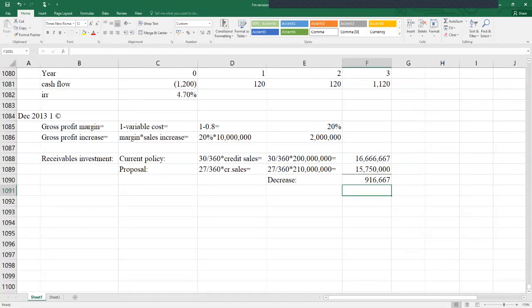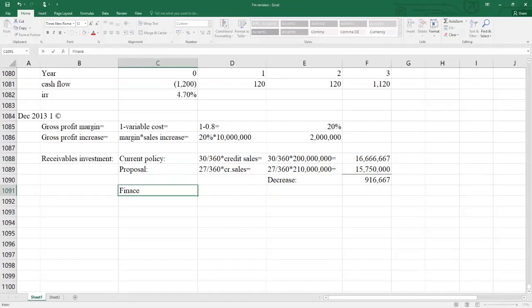So since the investment is decreasing, that means the company is going to be borrowing less money from the financier. Whoever finances the company charges it a cost of capital of 12%. I hope you can see that. For every dollar, the company needs to pay the provider 12 cents. Therefore, the finance cost saving, because you're borrowing less money, or interest cost saving, whatever you want to call it, per year,